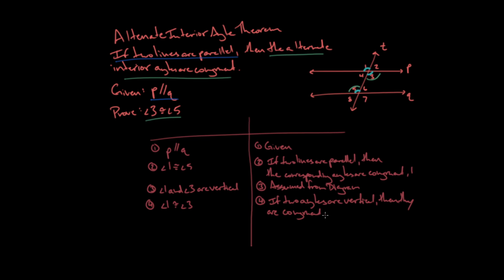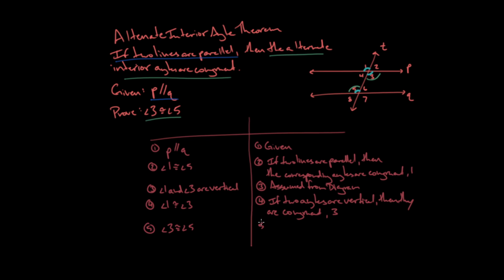Okay, and so I'll just make sure this matches up here. What am I saying right now? That they are congruent, angles 1 and 3. How do I know that? If two angles are vertical, where did I say that? Up here in statement number 3, so I will cite that. And so now I just need to link these together. So I'll end this here with statement number 5, and that is that angle 3 is congruent to angle 5